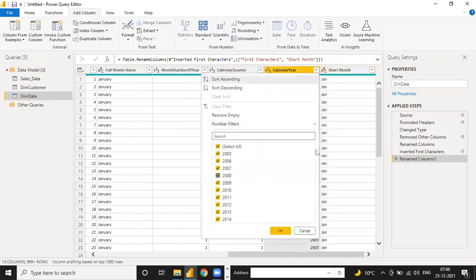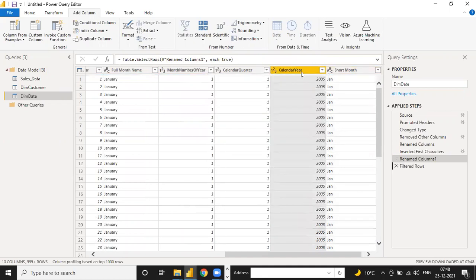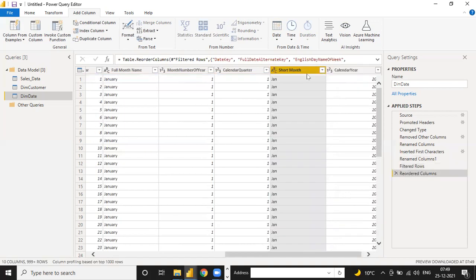And if you want to merge these, you can also merge them together, like 2005, 6, 7, 8, 9, complete year-wise data. And suppose if you need month and year in your data, month and year, the same way you can add short month first, calendar year second, like this. Short month and calendar year, now you can merge these together, Jan, like this. Okay, so this is your date.